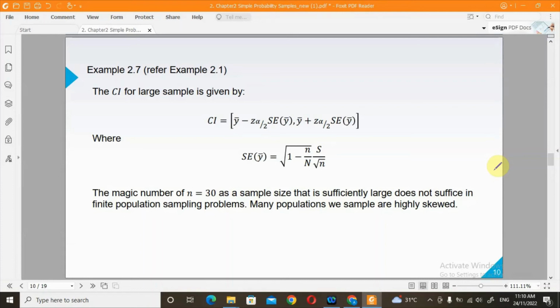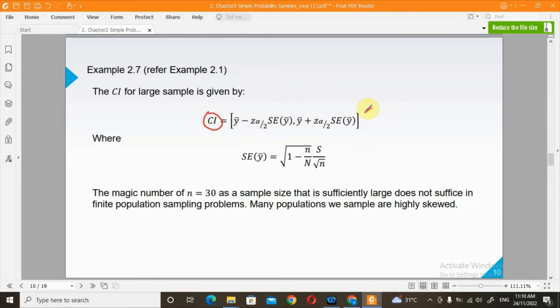You have to check the distribution of the mean to make sure that you can use the central limit theorem, right? So now, let's say your sample is large, you can use this formula to